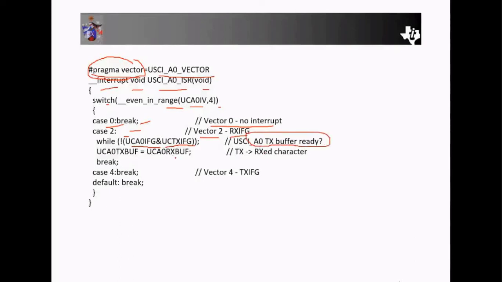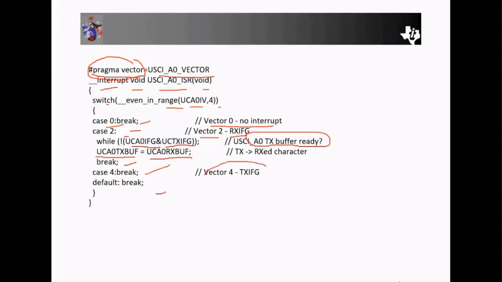If the TX buffer is ready, it means that you can send the RX value to the TX. So UCA0TXBUF equals UCA0RXBUF. Is it correct? Case 4, break, default, break.